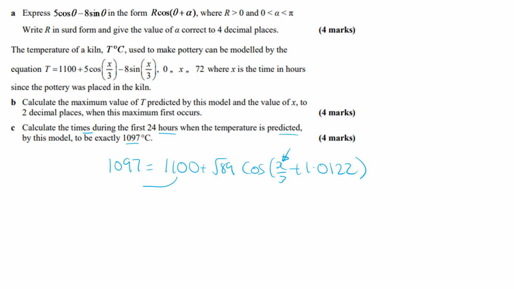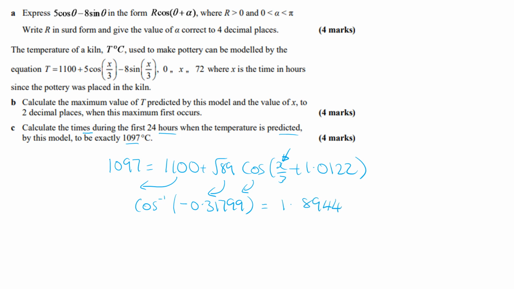So you're going to take away 1100, and then you're going to divide by root 89, and then you're going to do inverse cos. So you're going to be doing cos to the -1 of minus 0.317999. That's what you get when you do 1097, take away the 1100, divide by the root 89, and that gives you an angle of